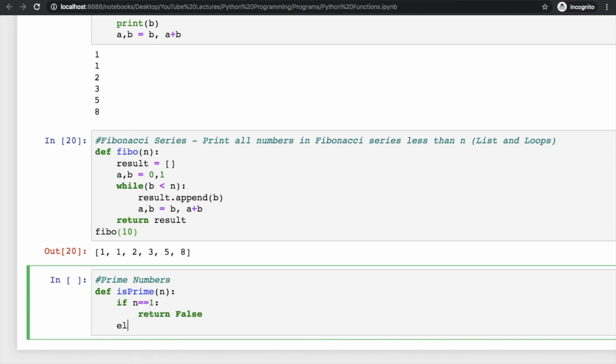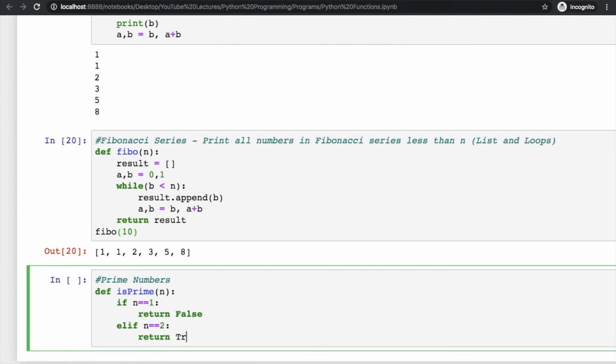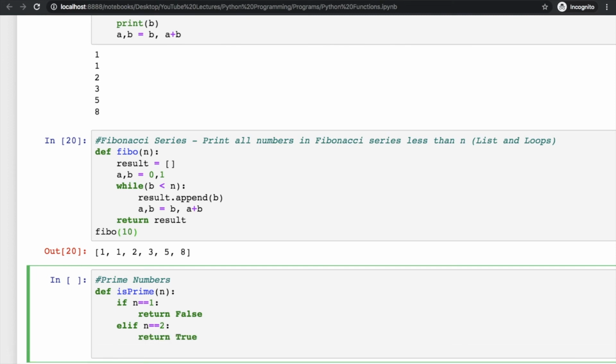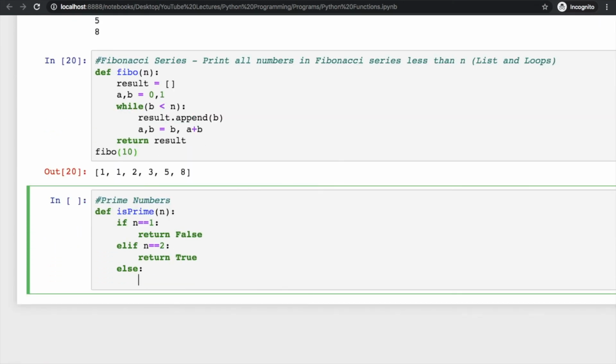Other than this, if number equal to 2, then you don't need to check anything and just return true. But other than this, you have to check something, and what is that?